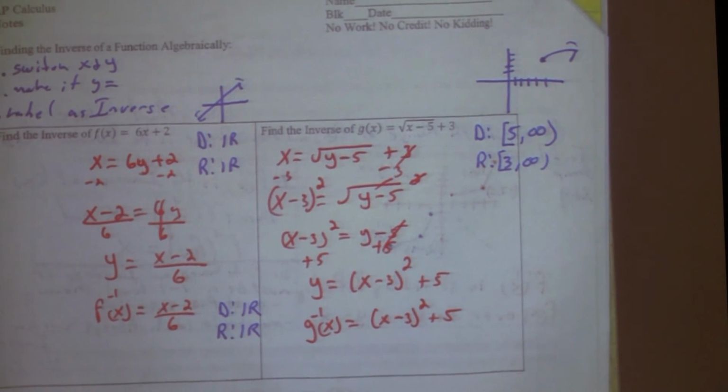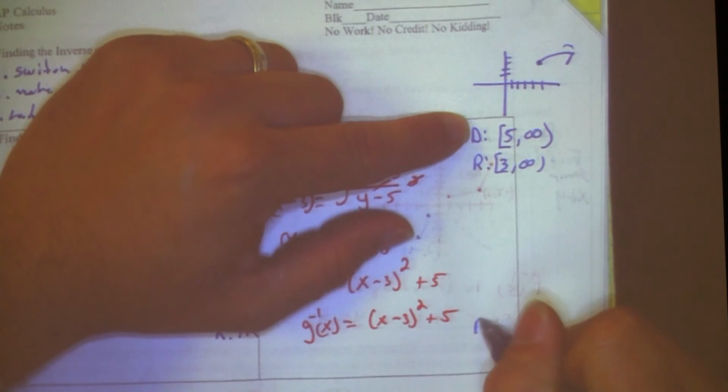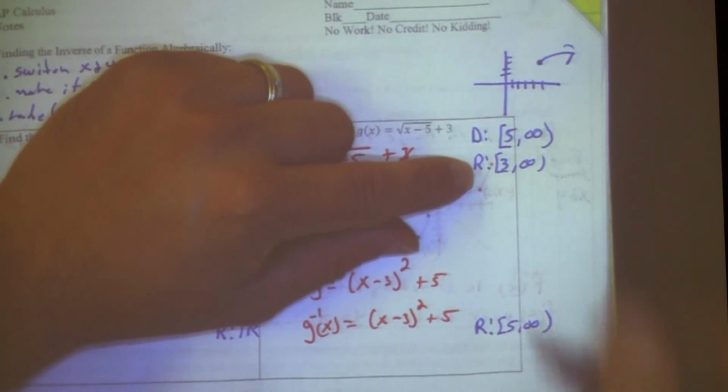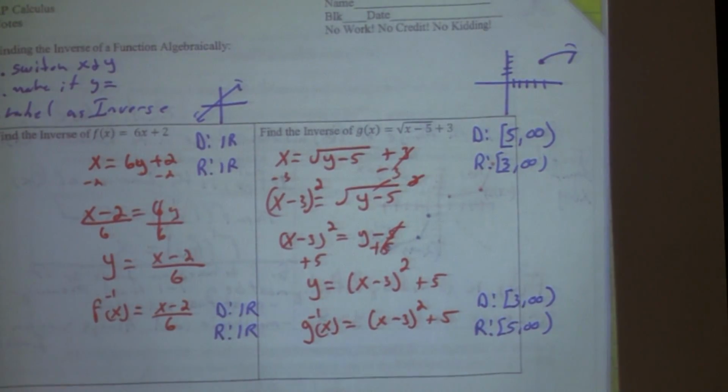So how do I know which half that's going to be? If the domain here is 5 to infinity, that means the range over here is 5 to infinity. If the range on this one is 3 to infinity, that means the domain on this one is 3 to infinity. Because what happened to my x values and my y values? I don't have the whole